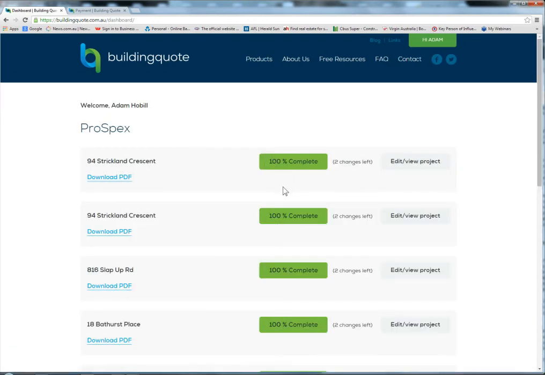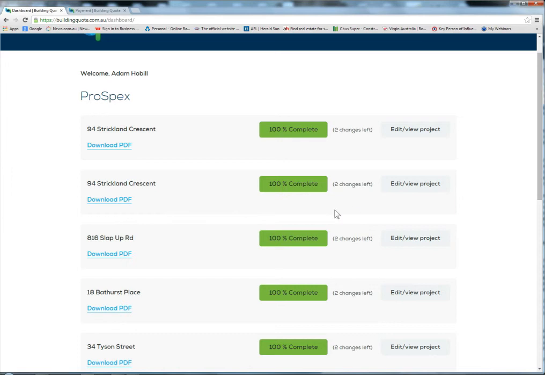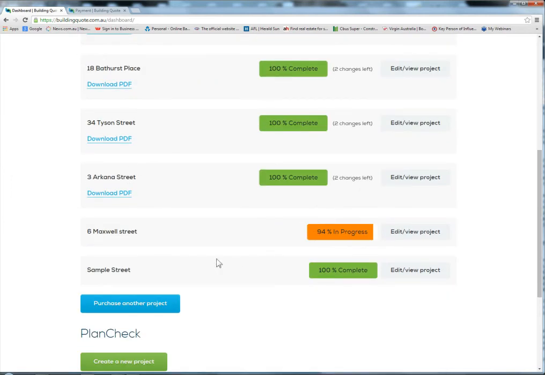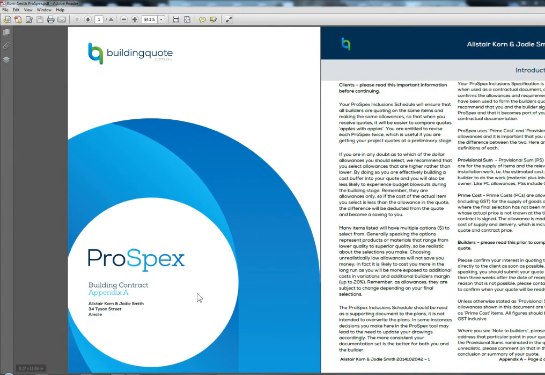It will say 100% complete, and it will say 2 changes left, and you will be able to download the PDF. Okay, so you hit that button there to download the PDF, and once you do that,